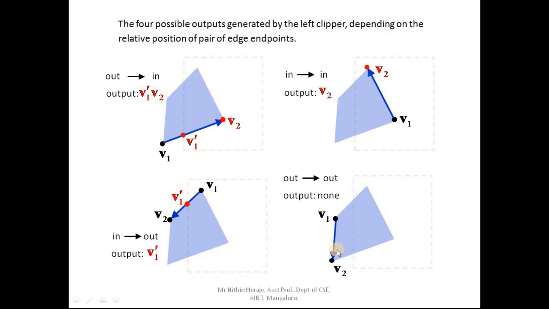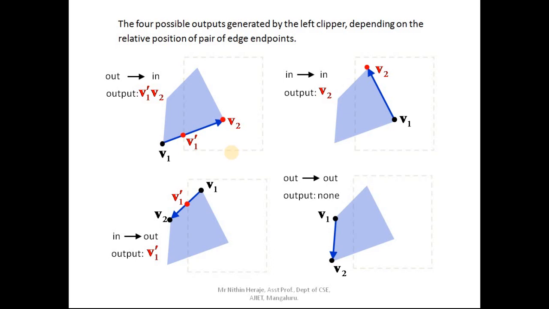the clipping window. Alright. So here if you look at these four cases, the only one difference is that in this outside to inside, when it is outside to inside, in the output you need to find the new point and the end point, both has to be given. Okay, since the starting point is not considered, this becomes the new starting end point. Alright, so that's why you are going to give 2 points over here, right? So these are the four different cases.